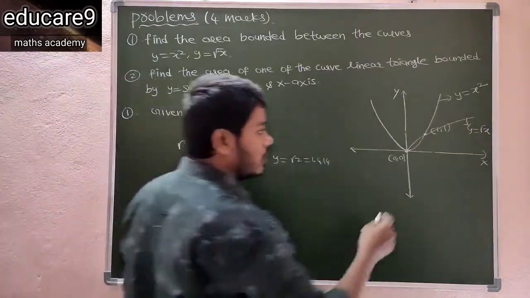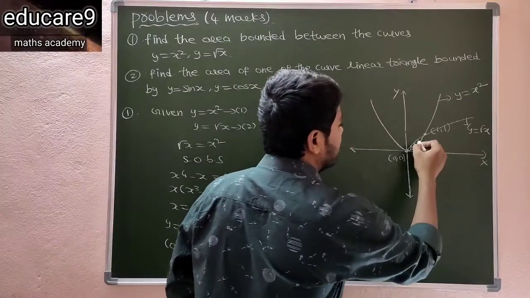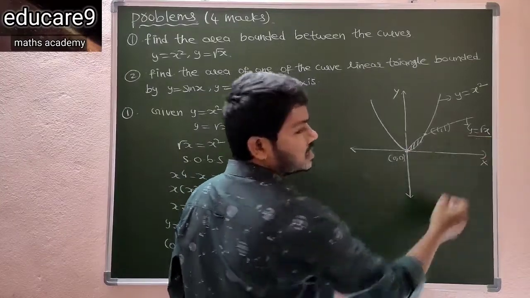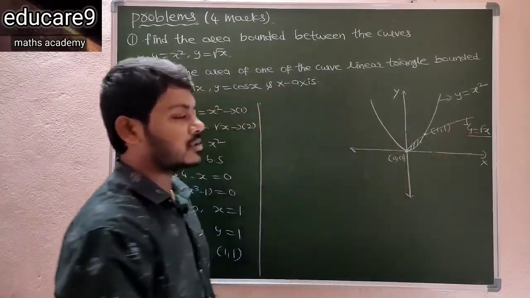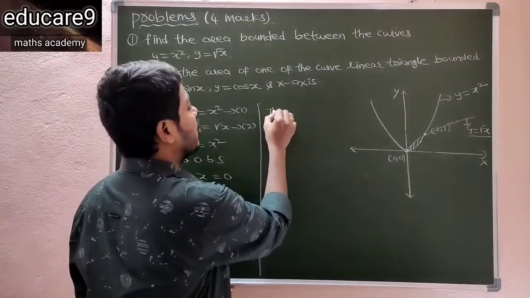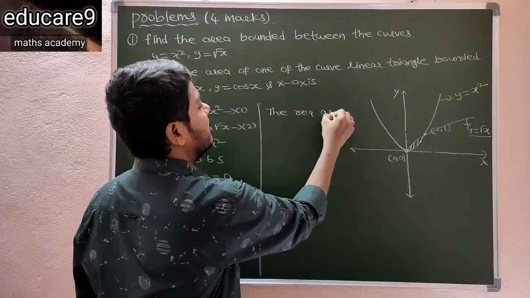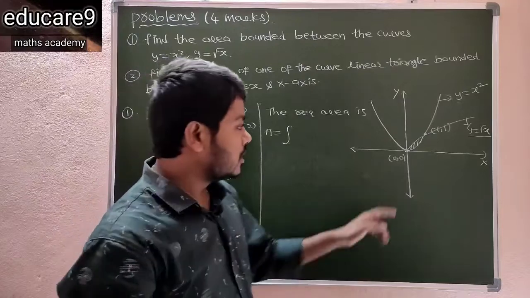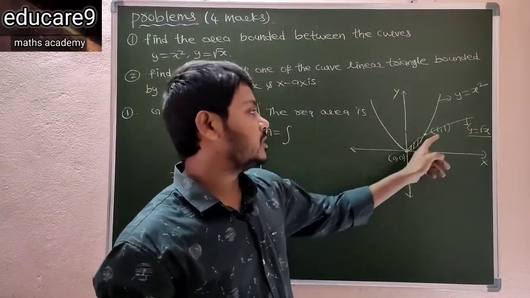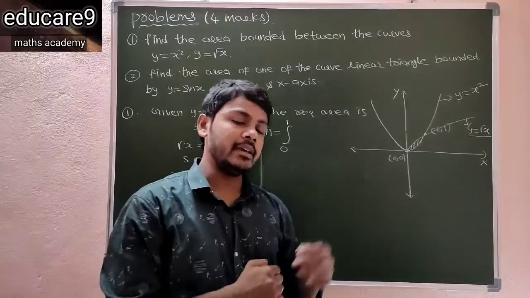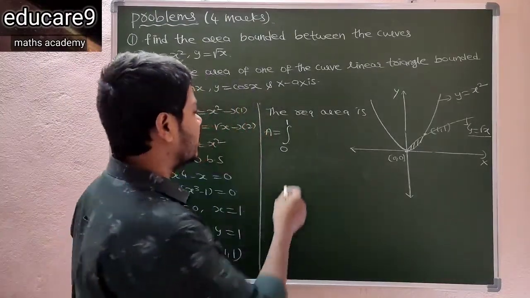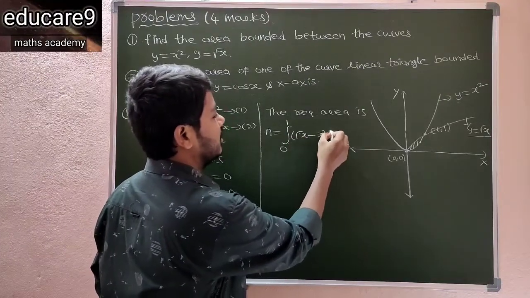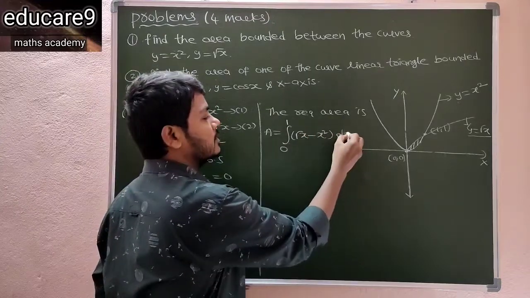Okay. Now here you need to find this area. So clearly, in this, what is the upper curve? The upper curve is y is equal to root x and the lower curve is y is equal to x square. Therefore the required area A is equal to the integral. Your limits are the x coordinates, 0 to 1, so you have to integrate with respect to x. See here, the upper curve is what? Root x, minus the lower curve, which is x square, in the interval 0 to 1, dx.